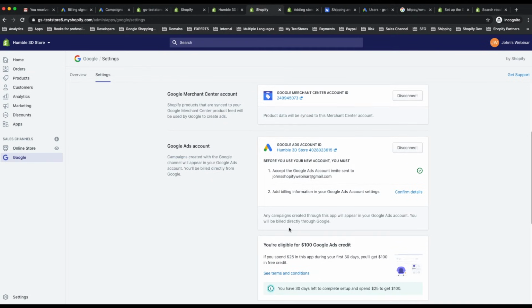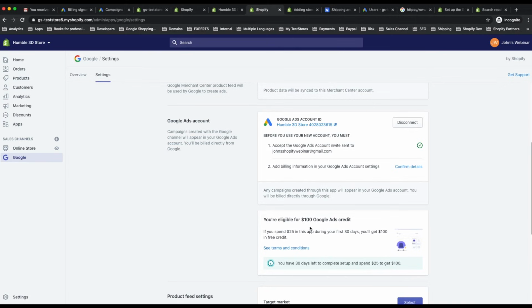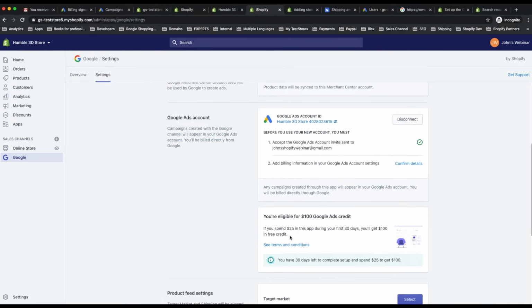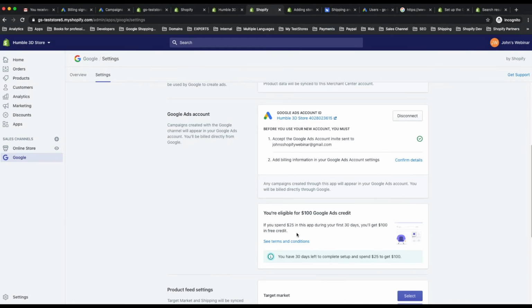So one of the other benefits of creating a new account is that Google are giving away a $100 Google Ads credit. So you have to spend over $25 on your actual first campaign during your first 30 days, and you get a $100 free credit to be used against those other campaigns. You won't get a notification that the credit has been added, but it would be available to see under the billing section on your Google Ads account once it has been applied to the particular Google Ads account that's connected